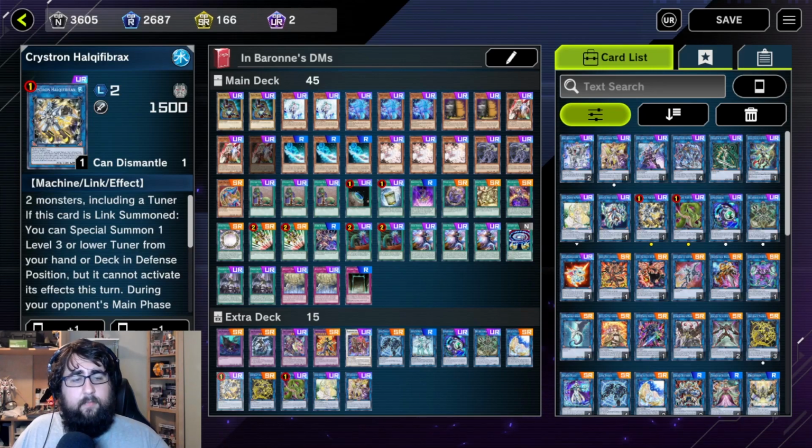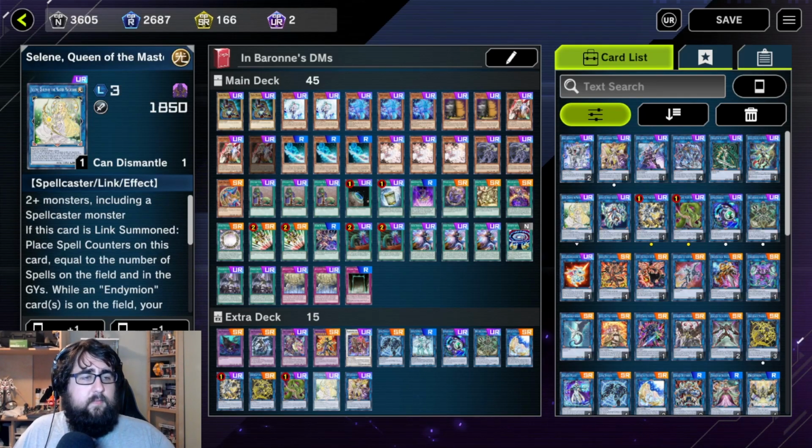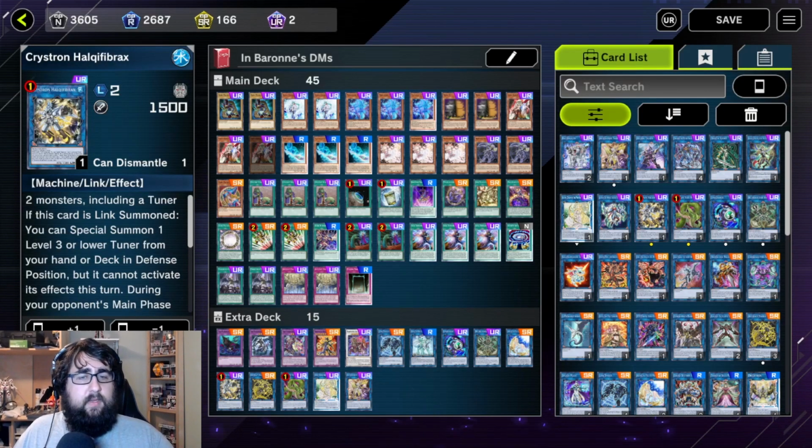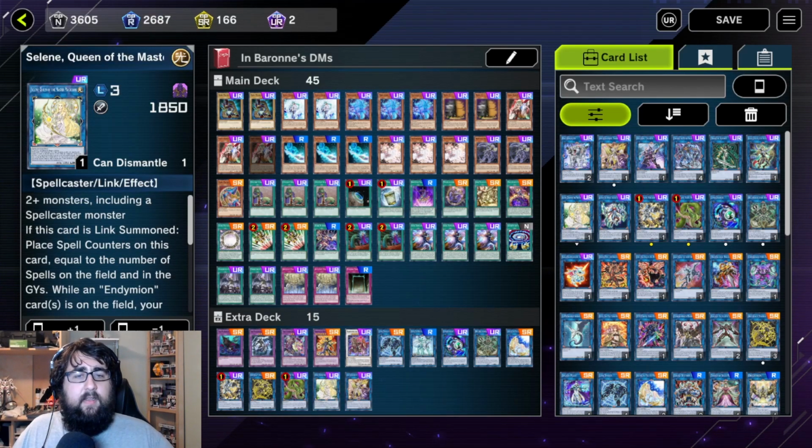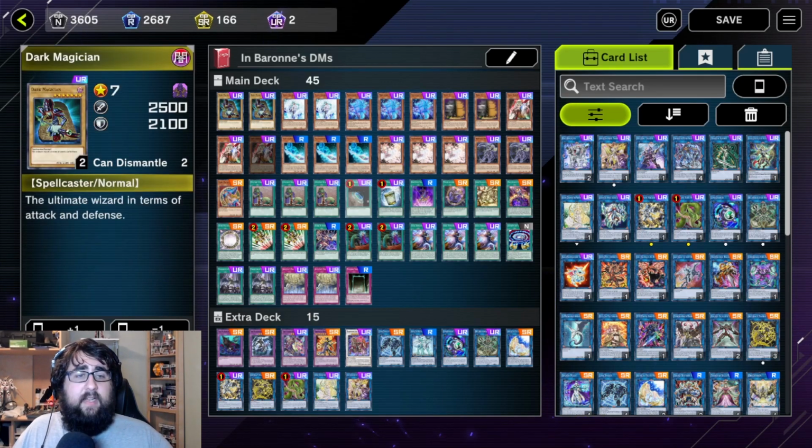Because you just build up to Hulk, then you build up higher into Celine with a spellcaster, which you have to get the spellcaster. Oh, wait, we don't have an actual... No, wait. Right, we do. We have Effect Veiler. I added Effect Veiler. So you grab Effect Veiler, go into Celine, use Celine to get something that is an effect card out of